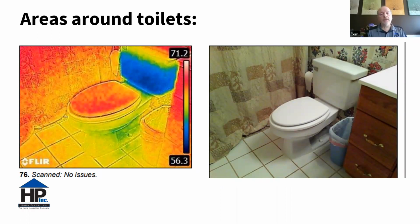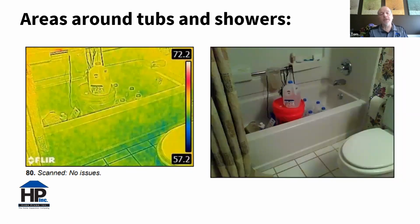Well, toilets, you see in inspection reports, loose toilets all the time. That's almost a given in about every inspection we do. And the water can and will and usually does leak if that seal has been compromised and that toilet is loose. The seal is broken and water can come out. Same thing around the caulking around the tub, or maybe even just poor use of the